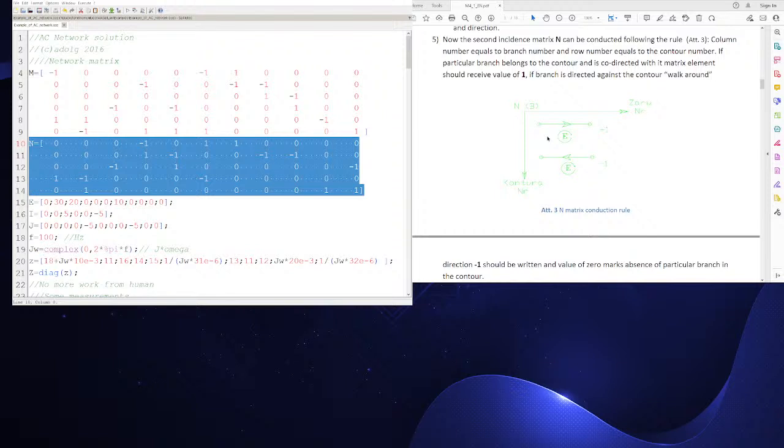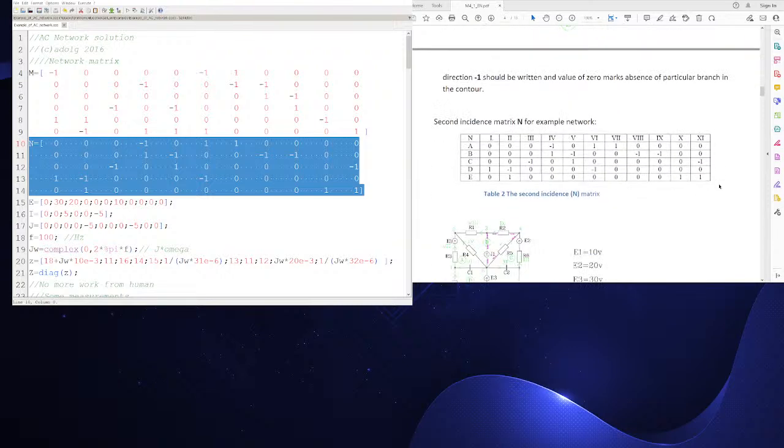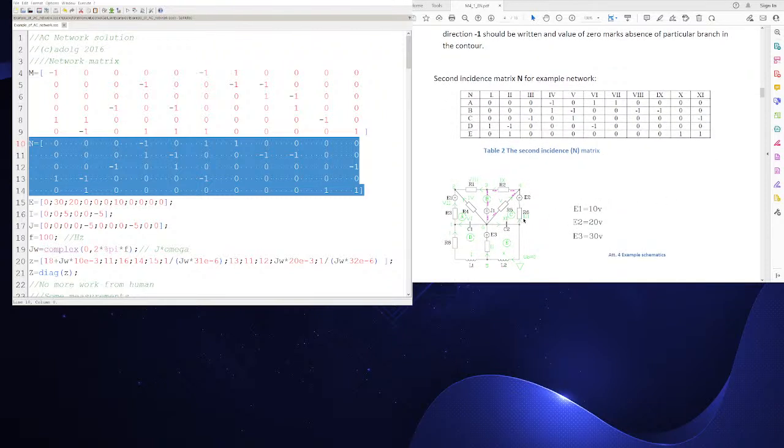If a branch is directed in opposition to the contour direction, we should write -1. And if there is no connection, so the branch does not belong to the contour, we should write 0. For my network, here is the second incidence matrix. Take a look at the schematics, small contour,